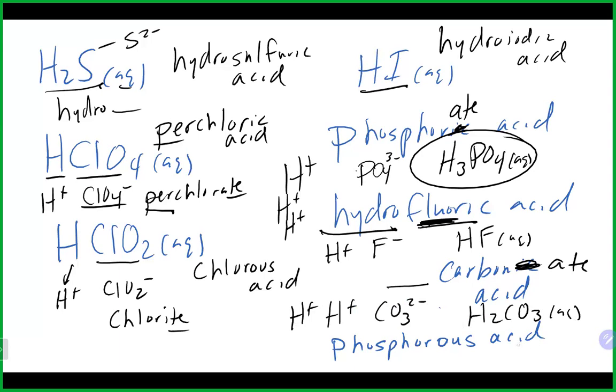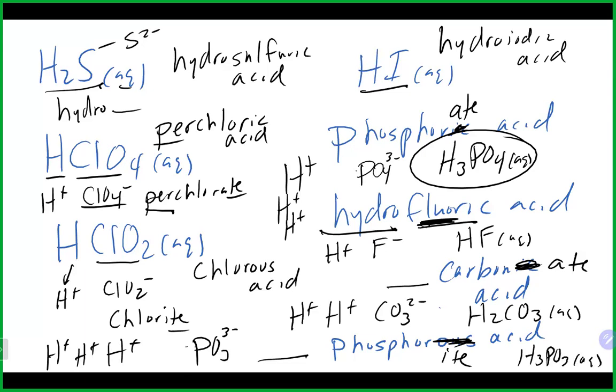Lastly, phosphorous acid, no hydro, so it has a polyatomic ion. Cross that out and put ite for OUS, and that looks like phosphite perhaps. And that's going to be PO3 3 minus, along with our H plus. To balance it out, we will need 3 of those guys, giving us H3PO3 aqueous. Questions on acids in this case? Bases are really named the same way. They pretty